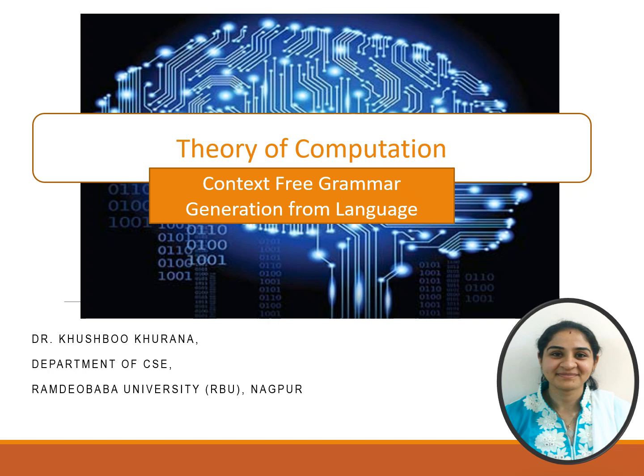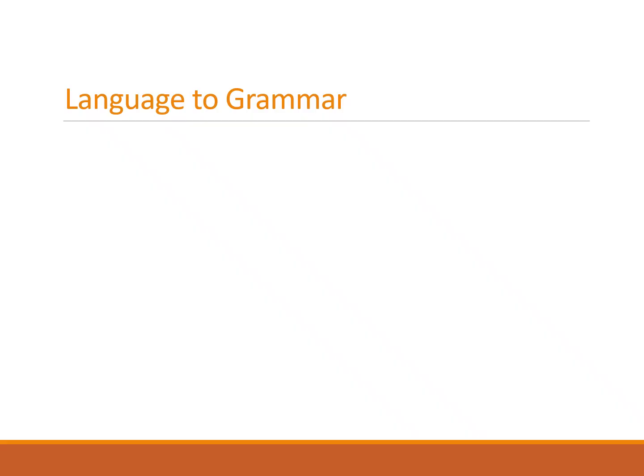Hello everyone. Today we will be discussing how we can generate context-free grammar from the given language. Okay, so let us consider the first given language. Say the language given is this: a raised to n, b raised to n, such that n is greater than or equal to 0. So this means that A and B are equal in number,